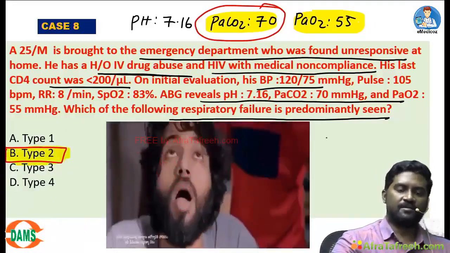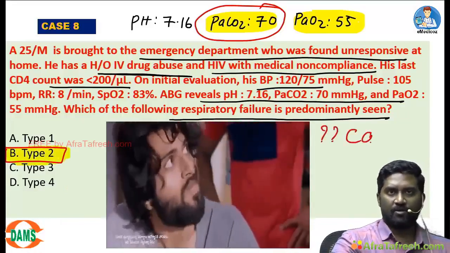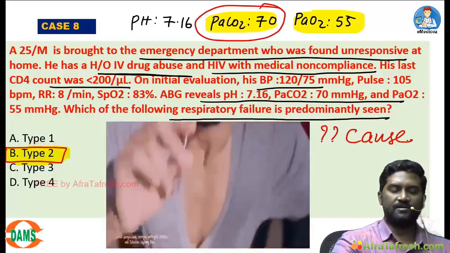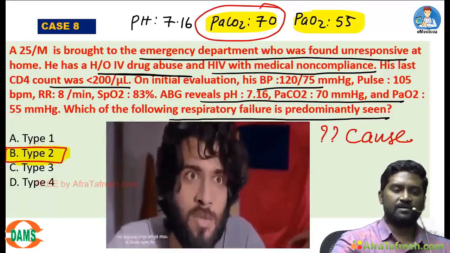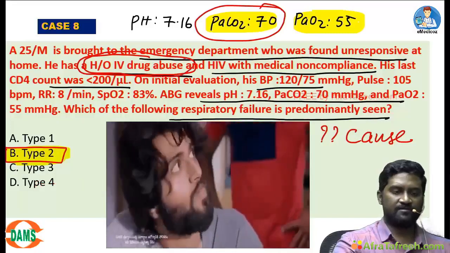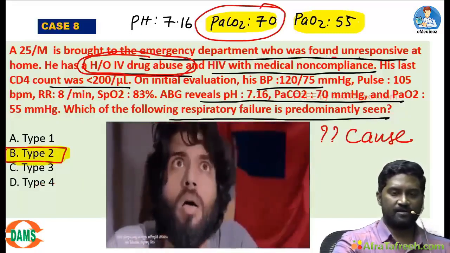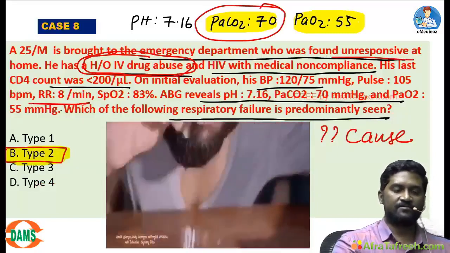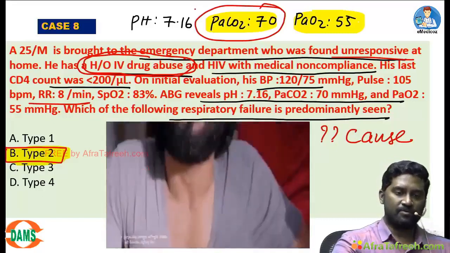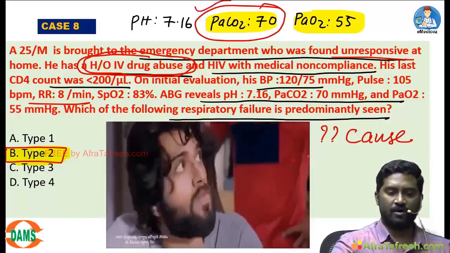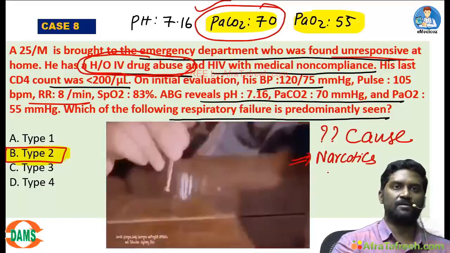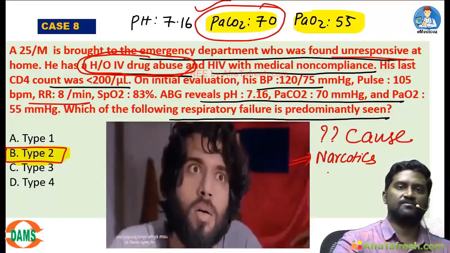Now they can extend the question like this. What is the cause of type 2 respiratory failure in this patient? Now is it HIV related, any pneumonia, or is it something else? This patient is having IV drug abuse. It can cause CNS depression. That might be the reason for his unresponsiveness. It can cause respiratory depression. That might be the reason for his decreased respiratory effort. Both put together can cause CO2 retention. So the cause here for type 2 respiratory failure will be narcotics. This is how you should approach respiratory